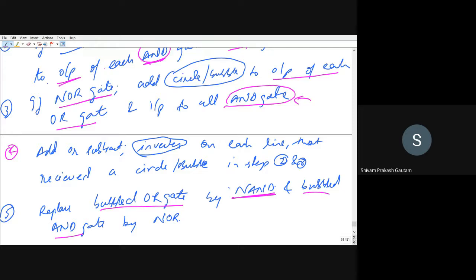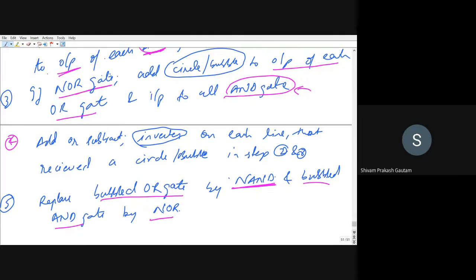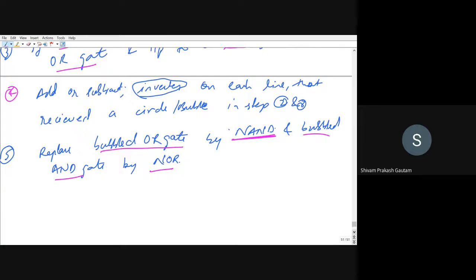Bubbled AND gate, we have to replace it by NOR gate. So let me just show you again how bubbled OR gate looks like. This is a bubbled OR gate, right? We have A and B. So this can be represented by the equivalent NAND gate. NAND gate looks like this, AND operation and NOT.